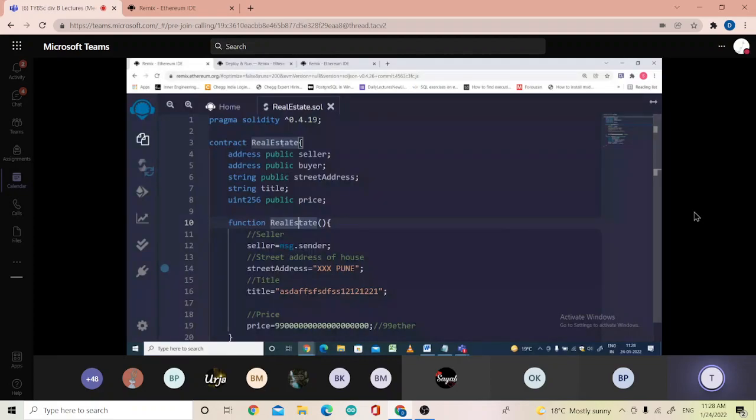Now when we write a constructor in C++ or Java, we write the same name as the class name. So here also the constructor name will be the same as the contract name, and it will be used to initialize some values. Here we have taken, for this release,